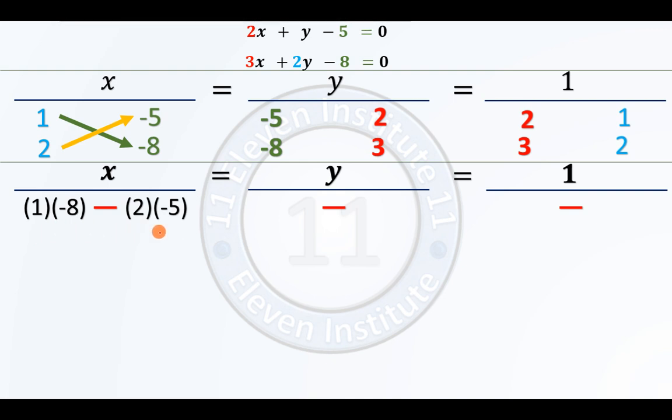Sure? This one is done. Same thing we have to do over here. We will start with the number that is present over here. So minus 5 into 3. Right? Same thing. And we will just write in brackets minus 5 multiplied by 3. Now what we are left with is minus 8 and 2. So we will multiply minus 8 and 2. I hope this is clear to you. We will multiply minus 8 and 2. So we will write it over here.